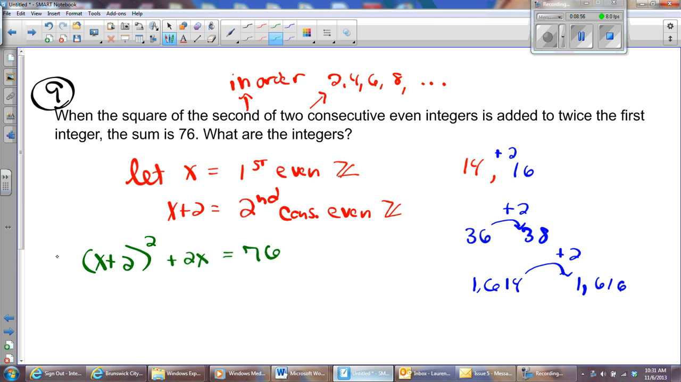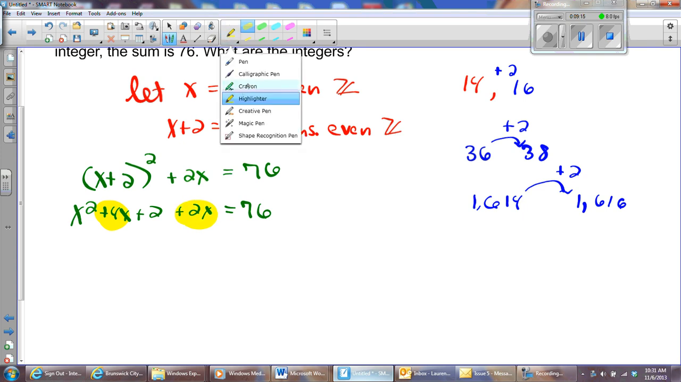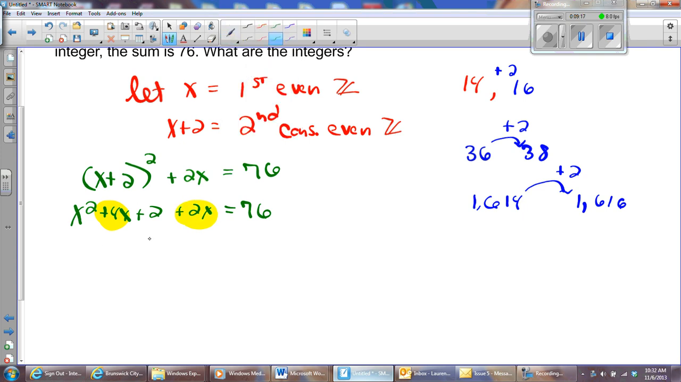So first thing I'm going to do here is I'm going to FOIL. And I'm going to get x squared plus 4x plus 2. And I have plus a 2x, and I have a 76. I'm going to combine my like terms. And I'm going to also subtract 76 at the same time. So I will be left with x squared plus 6x